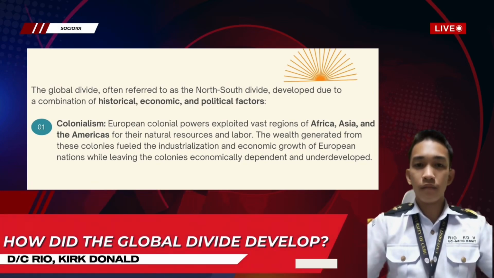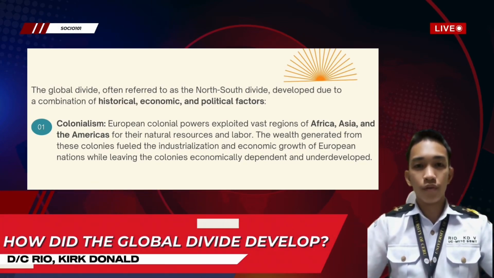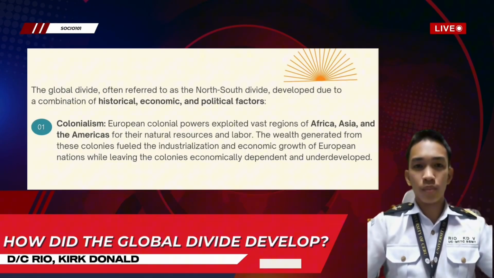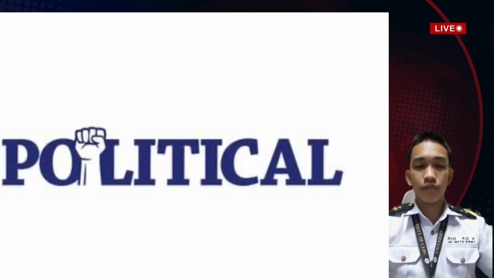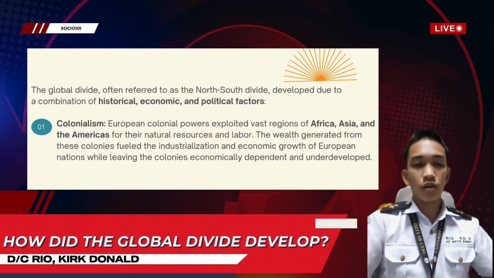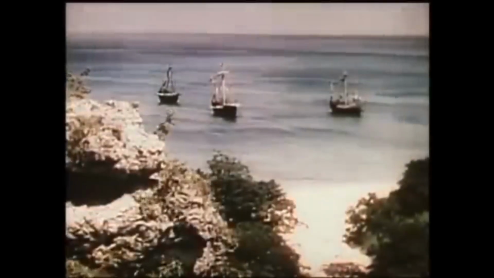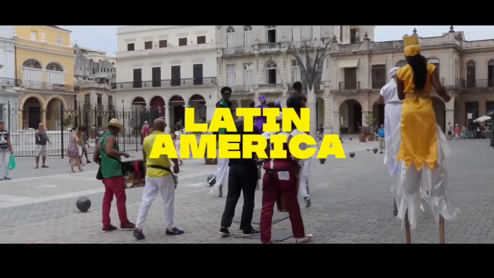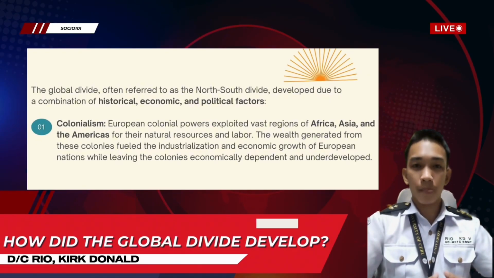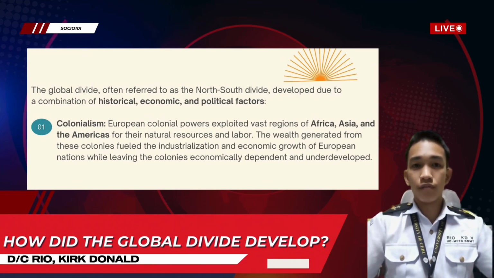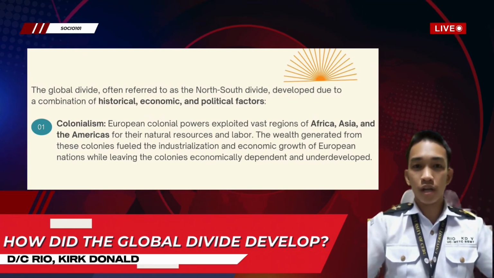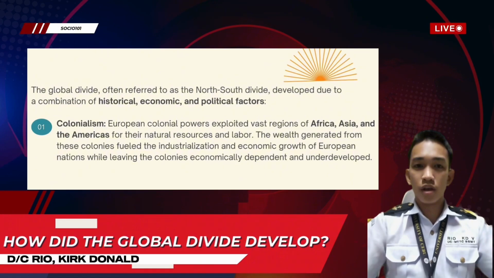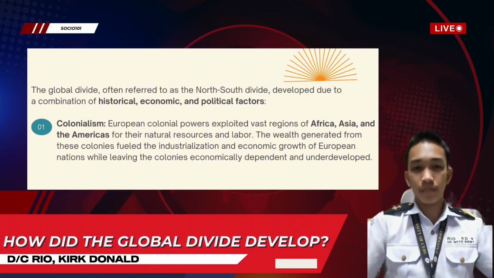How did the global divide develop? The global divide, often referred to as the North-South divide, developed due to a combination of historical, economic, and political factors. The number one factor: colonialism. European colonial powers exploited vast regions of Africa, Asia, and the Americas for their natural resources and labor. The wealth generated from these colonies fueled the industrialization and economic growth of European nations, while leaving the colonies economically dependent and underdeveloped. Example: